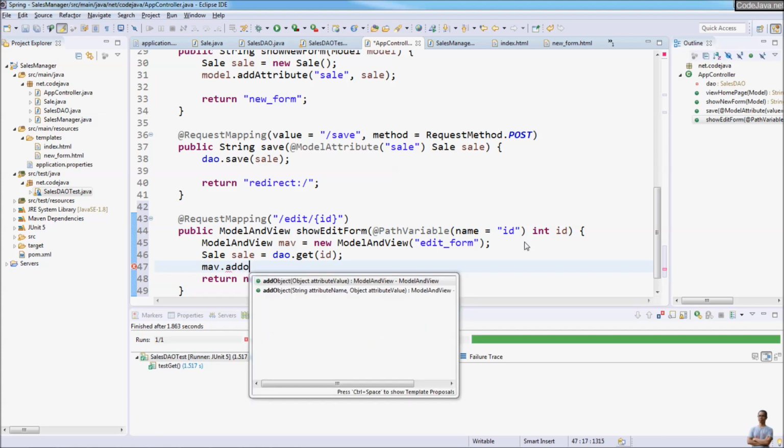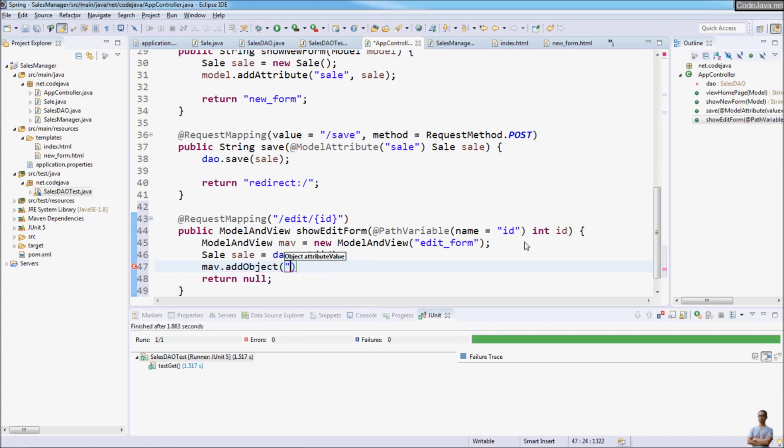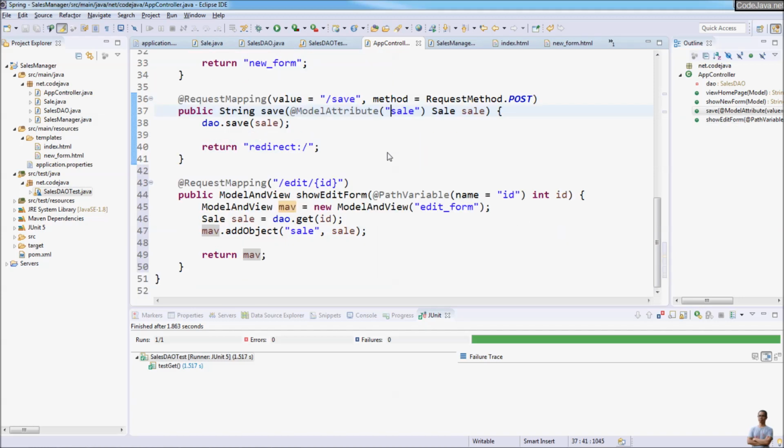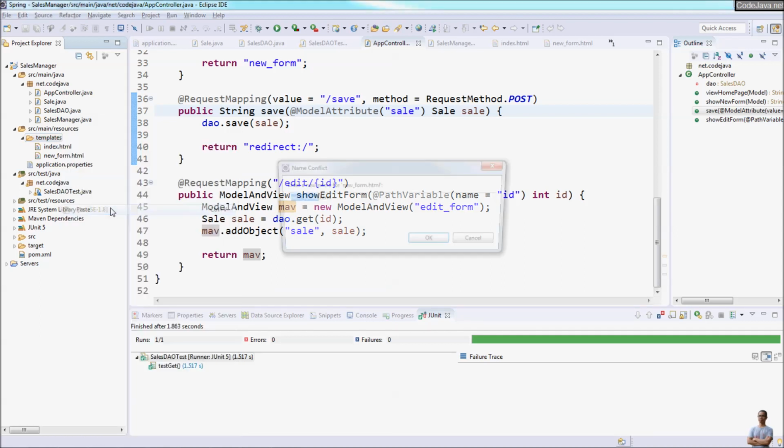Add object, name is cell and value is object, and finally return the model and view object. Okay. And next we need to code the edit form. You can copy the code of the new form here. Copy, paste,